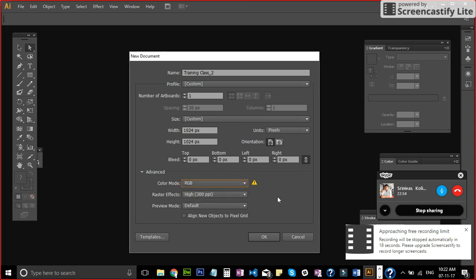Anything related to web materials, like a PDF document, slideshows, or brochures not for printing, you can go with RGB. But anything related to